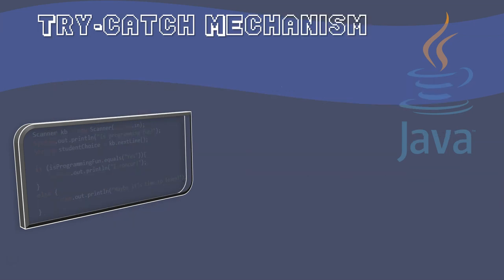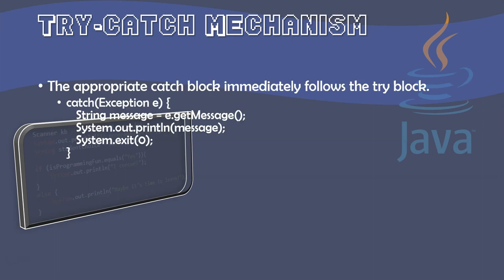All right, so now we have the try block and the catch block. This is all feeding together into a full mechanism that's going to work for our program. Now, the catch block is very simple in how it works. It's always going to be after the try block, kind of like we talked about with if-else, the else is always at the end. With try-catch, the catch is always afterwards. And this is just an example: catch (Exception e) { String message = e.getMessage(); System.out.println(message); System.exit(0); }